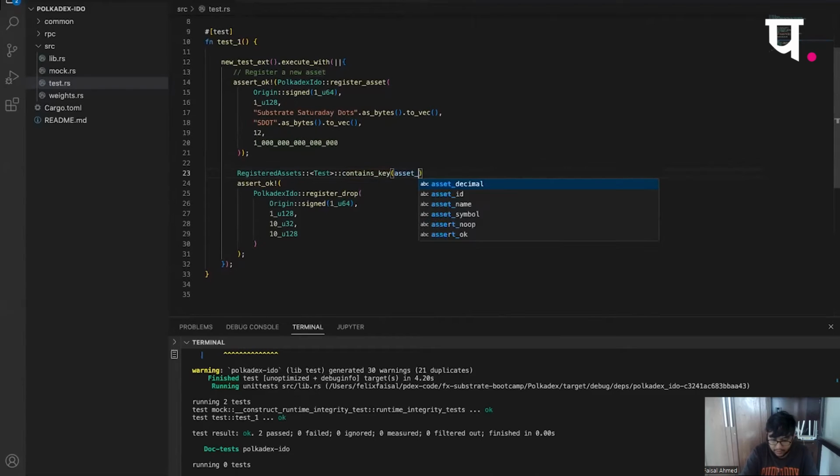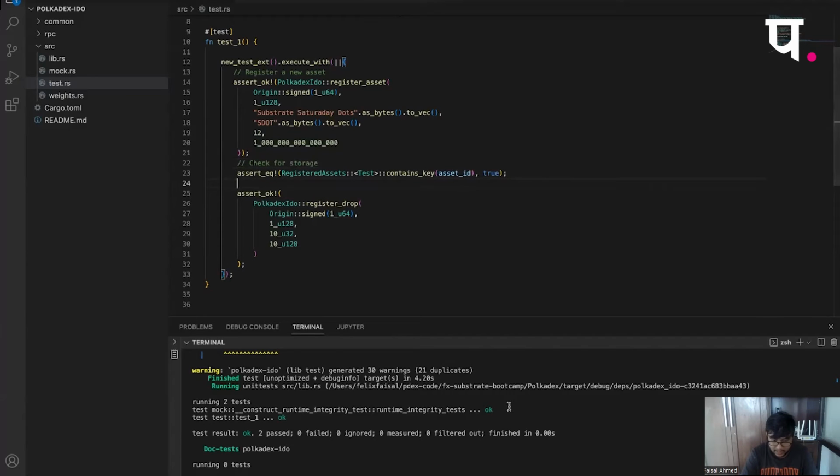This will return me a Boolean value, true or false. Now, if it is false, that would mean that this hasn't been registered, or this hasn't run the way we wanted it to run. So let's see how this works. This is how we can have a check for the storage to make sure that our intended logic is actually running. And let's run this.